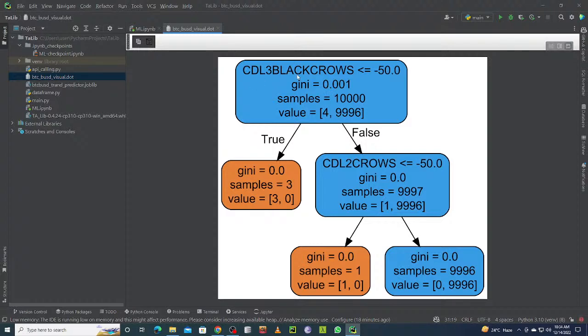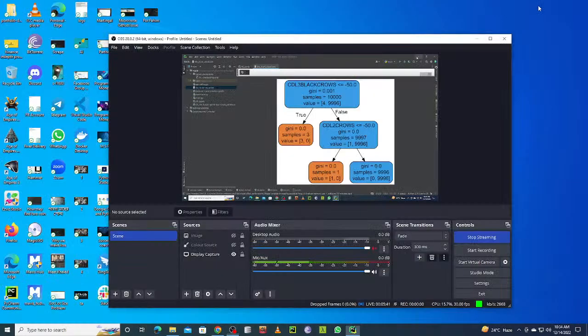So now we are using two features, 1 and 2. The decision tree returns true or false. If three black crows gives you a true result, then it will give you a sample, and if it is false, then it will find the two crows, and that will give you another sample also. So that's how we add features in decision trees,